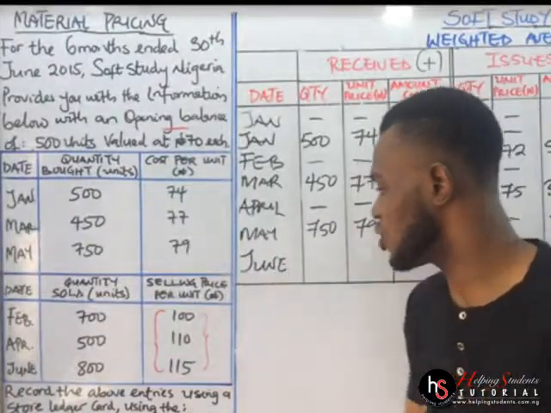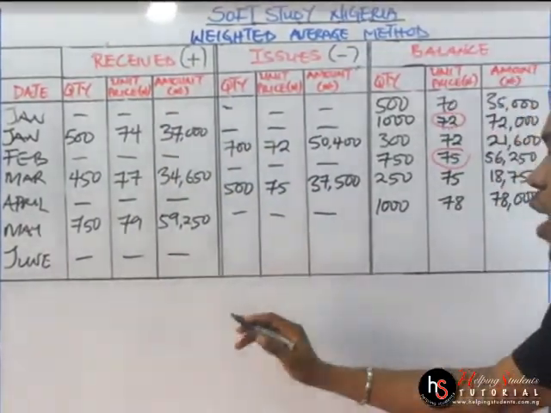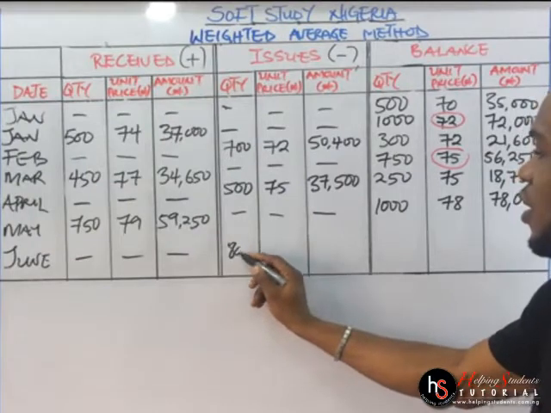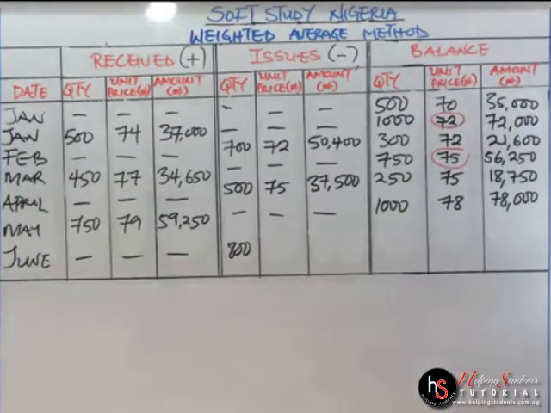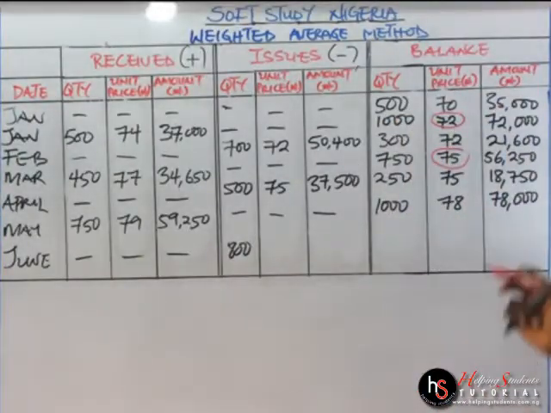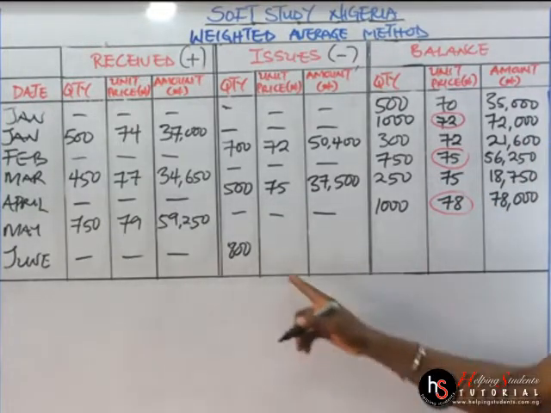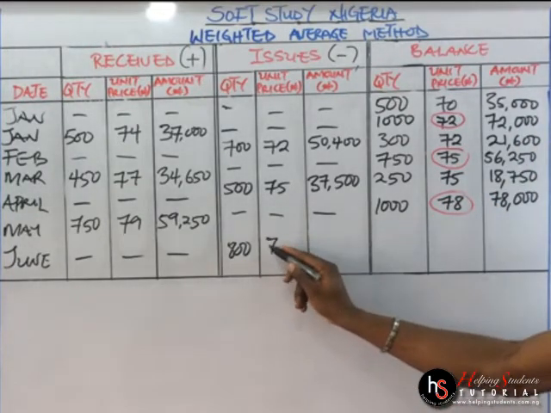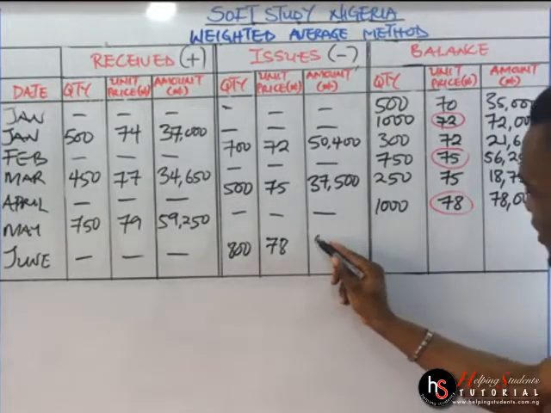So we'll have 800, right? So no transaction here under the receipt section. And what do we have there? 800. Now, which value do we make use of? Give it a try. Oh, I hope you don't use this. So we'll make use of 78, okay? So we'll pick 78 because it is the entry that came in last, all right? So 800 times 78 gives us